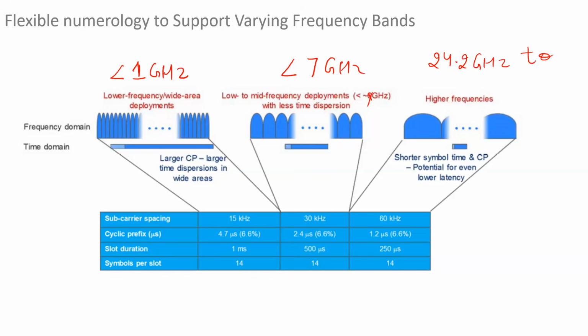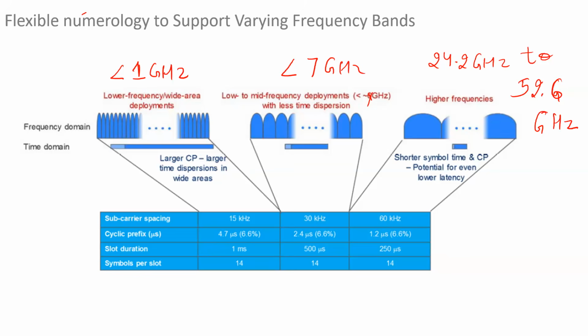to, we'll discuss in detail in the next 3-4 slides why we require different kinds of subcarrier spacing according to our frequencies, because it will affect our Doppler effect, but we'll check in the next 3-4 slides. Then we have this 24.2 gigahertz to 52.6 gigahertz.